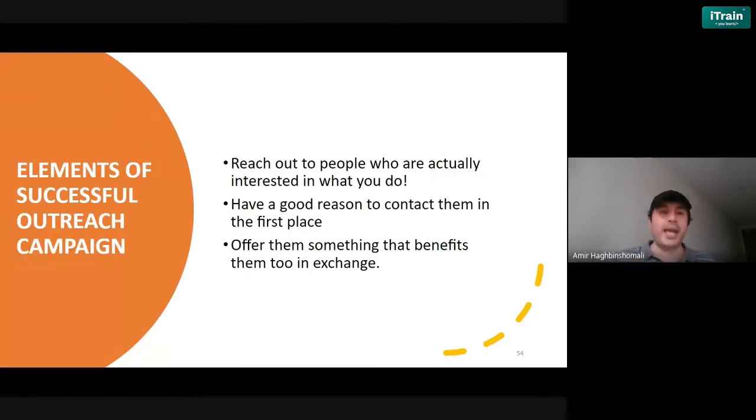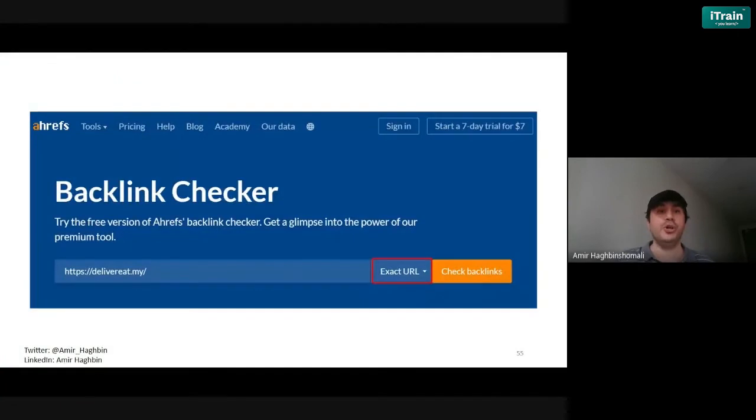So the easiest way in the context of link building is to identify websites that have already linked to your competitors. So those people who have already given a link to your competitors, they would definitely be, not definitely, but they are more likely to be interested in what you do. So how can we find out what are the websites that have given links to our competitors is using a tool like